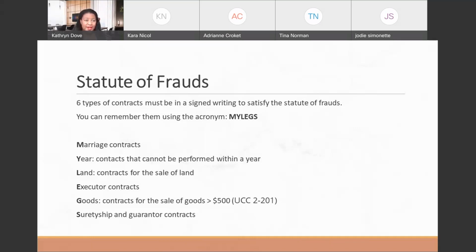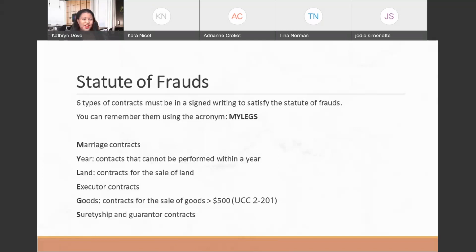In England, there was a dowry associated with a contract for marriage. And once the bride and the groom got married, the groom got a dowry. And that's a contract that could not be enforced unless it was in writing. In America, we believe in much more freedom. So contracts for marriage are void against public policy here anyway. And a contract for marriage would also be void if it was not in writing to satisfy the statute of